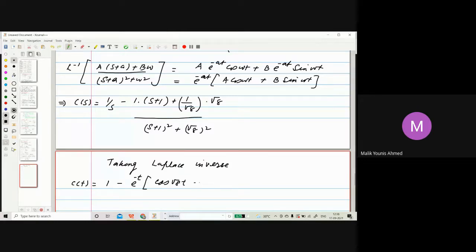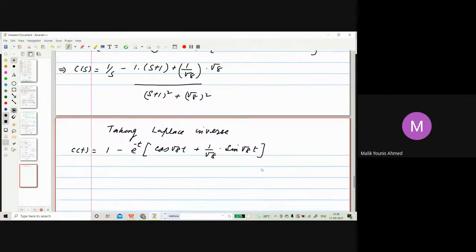Plus, what is b? 1 by under root 8. And what is sine under root 8t? So this is the complete formula I am using. Same formula that I have derived above. So after that,